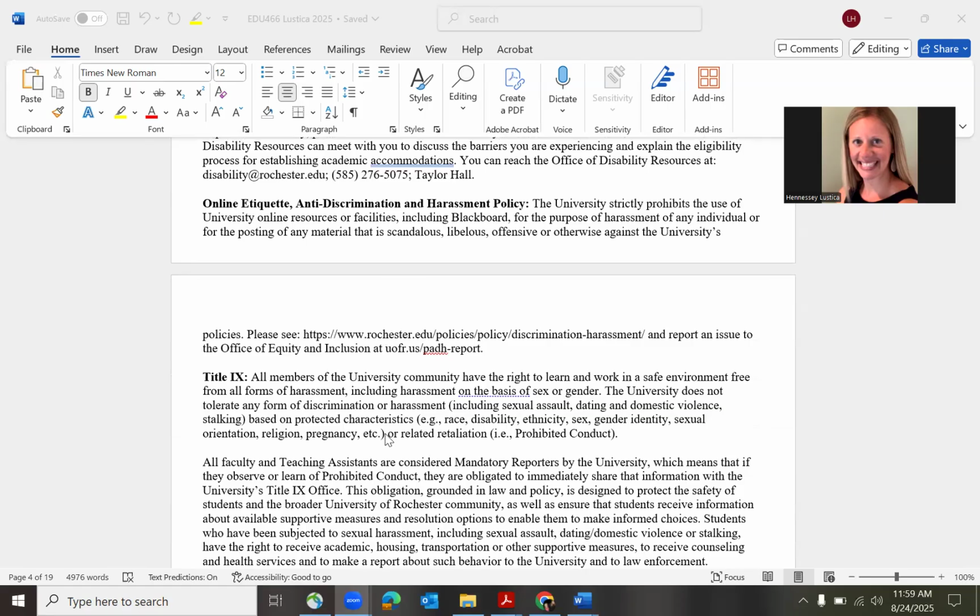So the university strictly prohibits the use of university online resources or facilities, including Blackboard, for the purpose of harassment for any individual or for the posting of any material that is scandalous, offensive, or otherwise against university policies. If you want to check out more, the Office of Equity and Inclusion, the address is right on there. But as counselors, we are not discriminating or harassing against anybody, so that is the same for